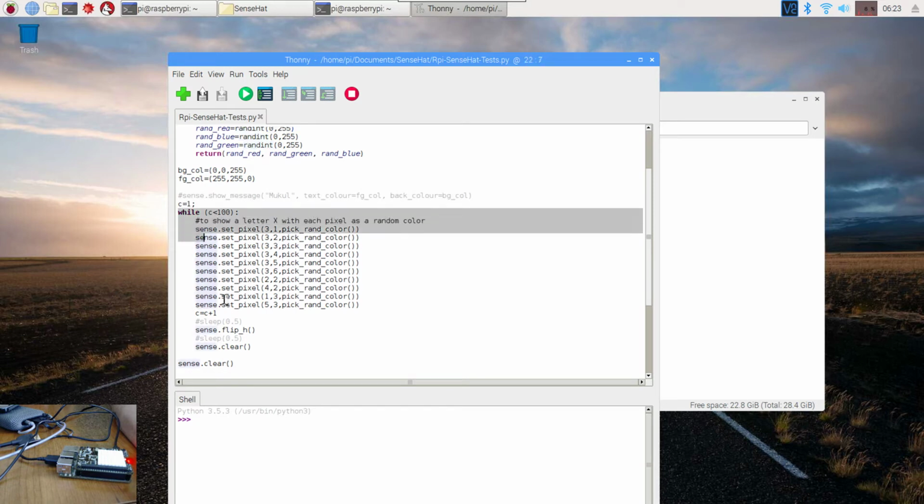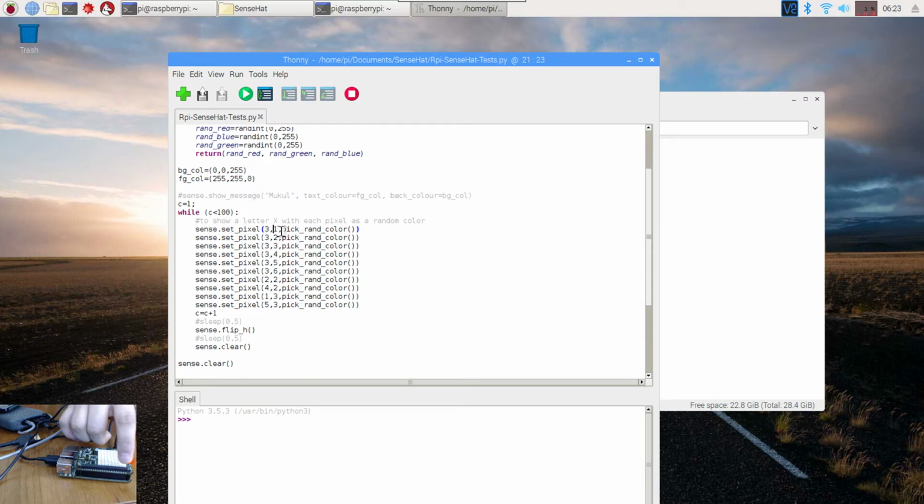This is a while loop where I am putting a certain color on a certain pixel. So as you can see, this is 0 0, and on this side the y axis increases, and on this side the x axis gets increased. You notice that I'm pointing my 0 0 towards the left-hand side, topmost corner, where you will see